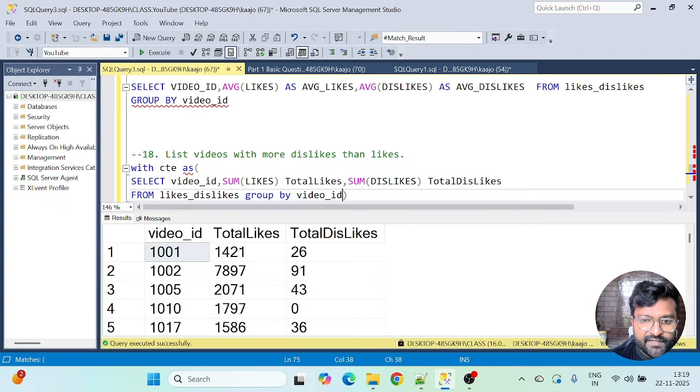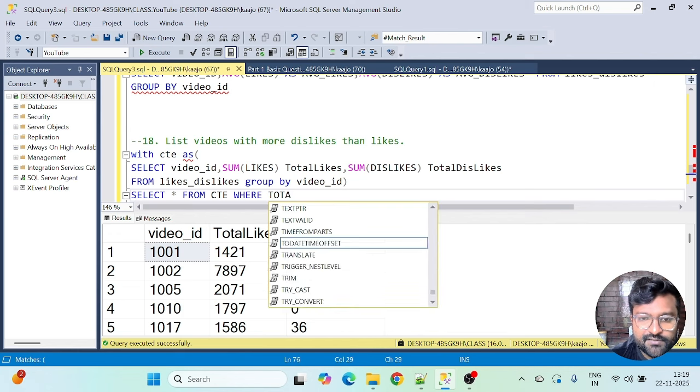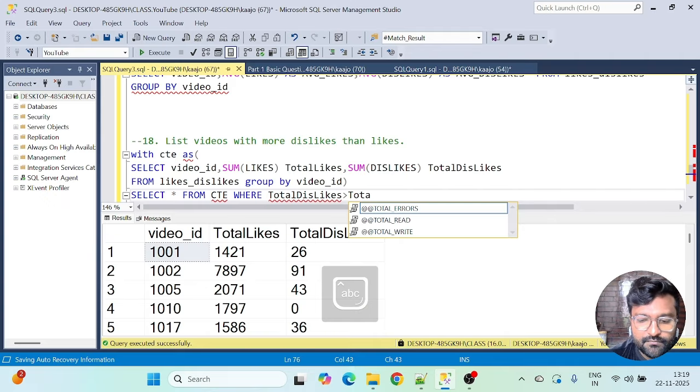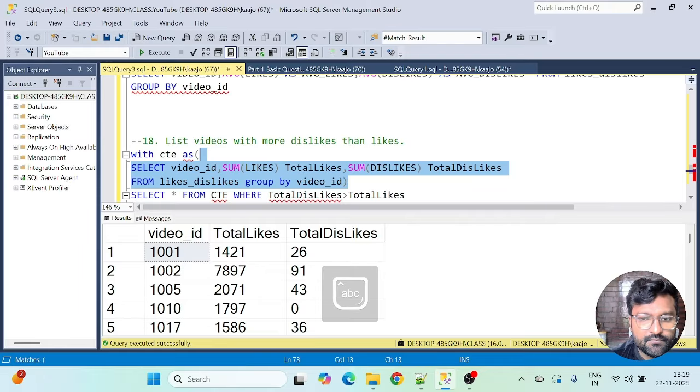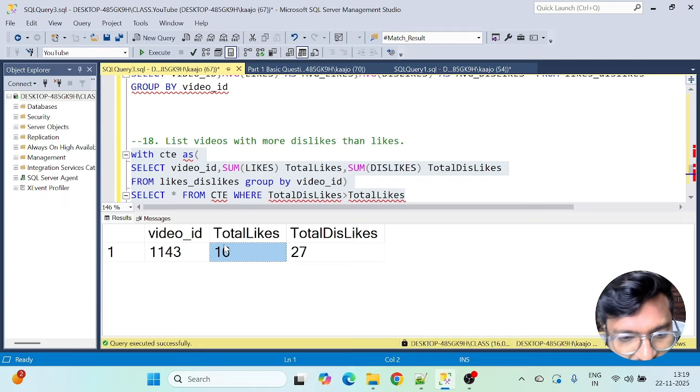So this is what we will get from the CTE, and the question is where this column dislikes are more than the likes. So select star from CTE where total dislikes greater than total likes, as simple as that. So this is the video where total number of dislikes were greater than total number of likes.